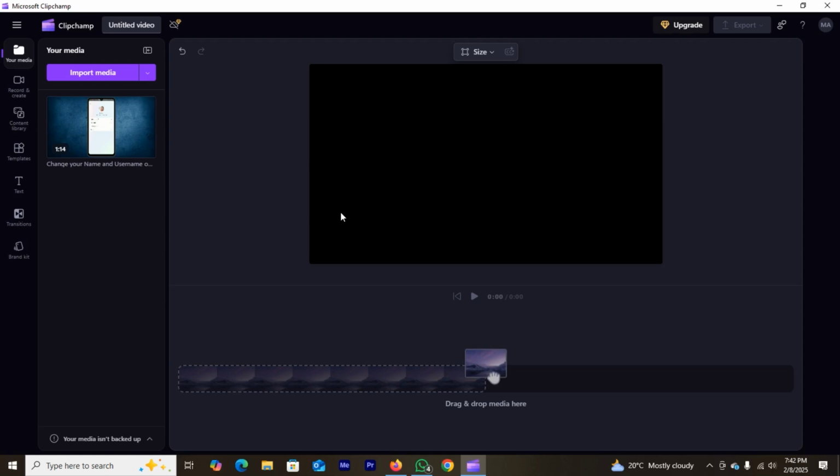So in order to create an Instagram post in Clipchamp, what you have to do is open your application and import your media into Clipchamp. Once you do all these things, you can see the size of this video is wide. It's not for Instagram posts, so for changing it to Instagram, tap on the size icon, and here